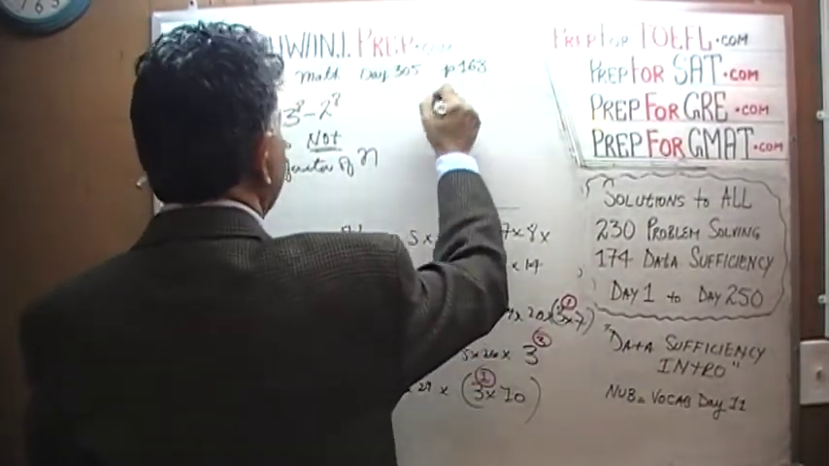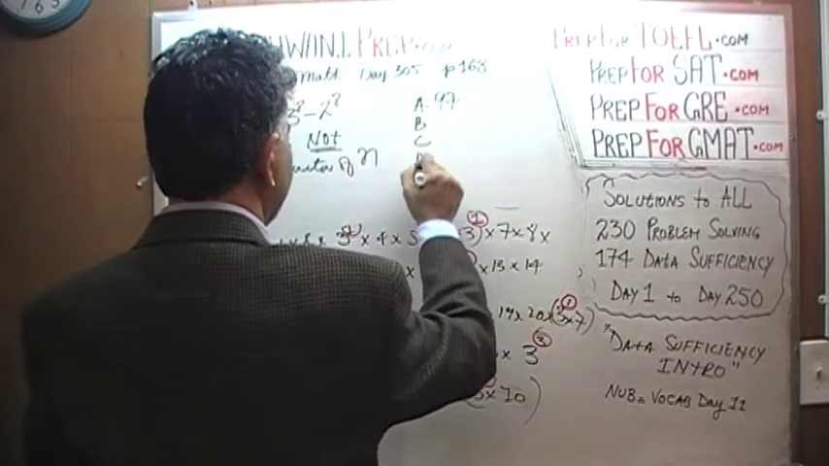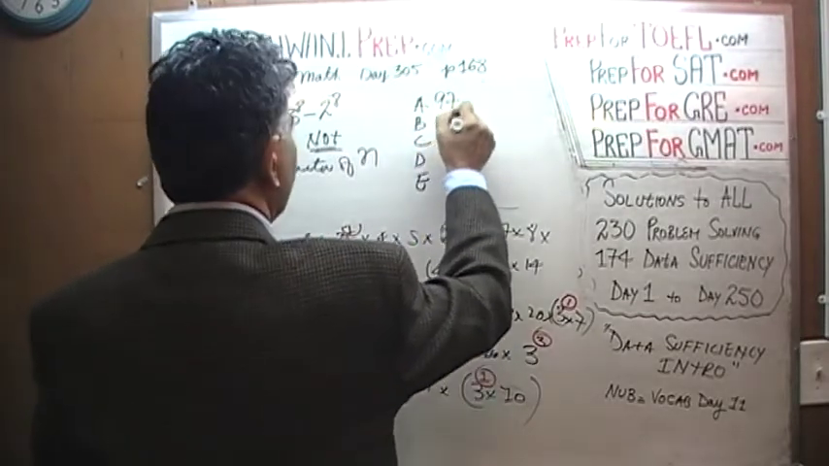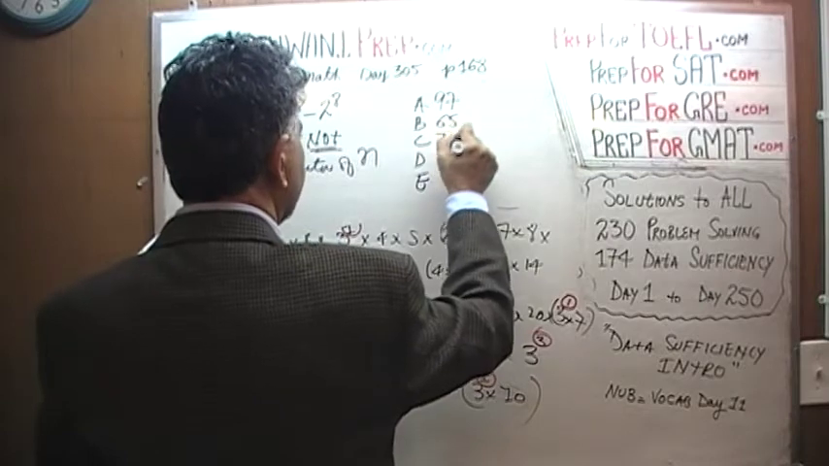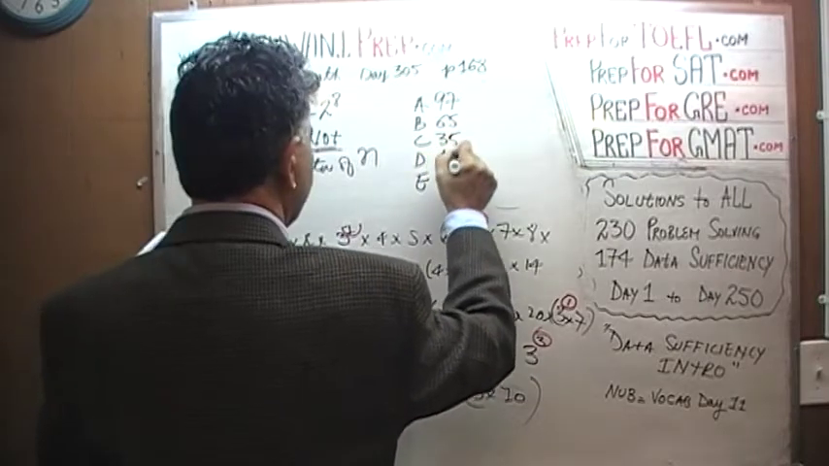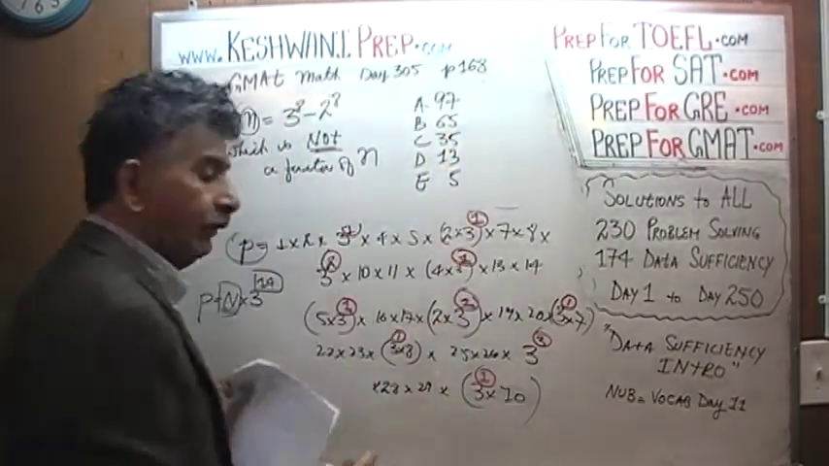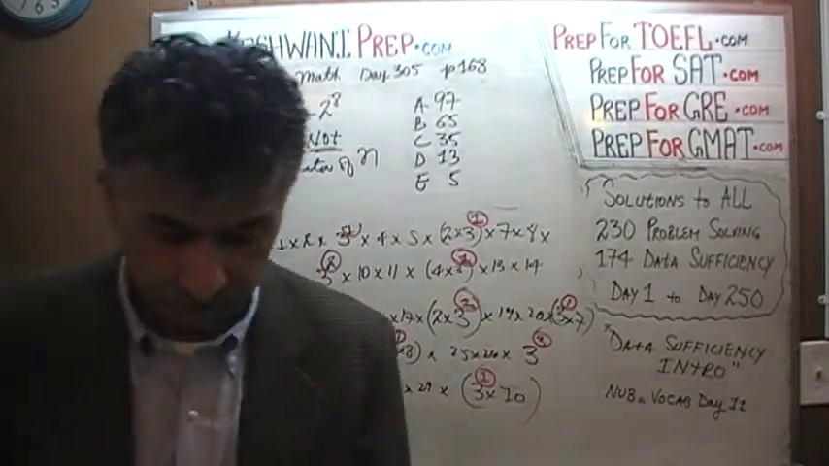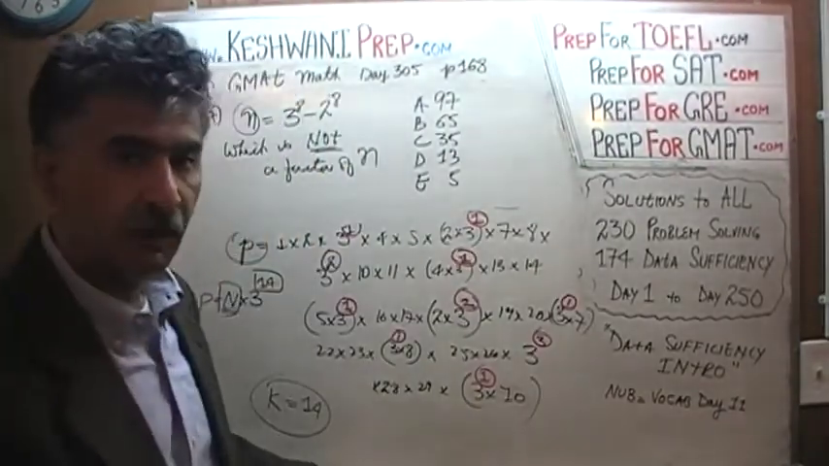Here are the answer choices. A, B, C, D, and E: 97, 65, 35, 13, and 5. And what you will find is that, as I always break into a sermon at a situation like these,